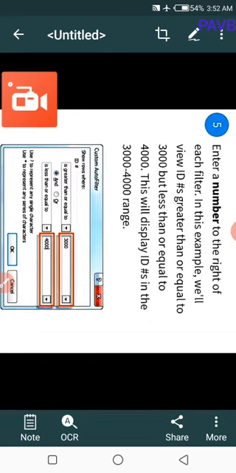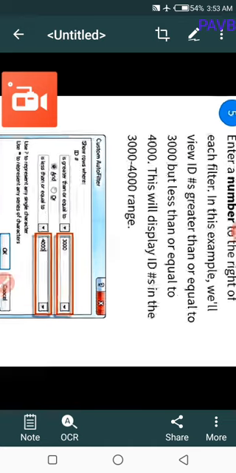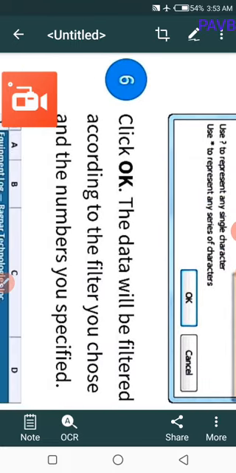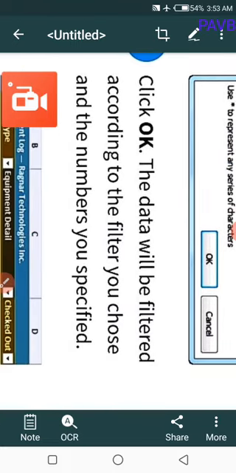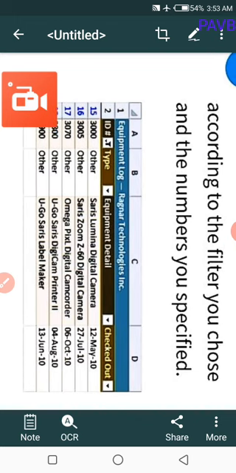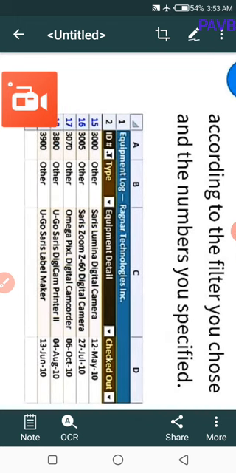Enter a number to the right of each filter. In this example, we will set ID as greater than or equal to 3000 but less than or equal to 4000. This will be IDs in the range of 3000 to 4000. Step 6. Click OK. The data will be filtered according to the filter you chose and the numbers you specified. It will display those with IDs from 3000 up to 4000.